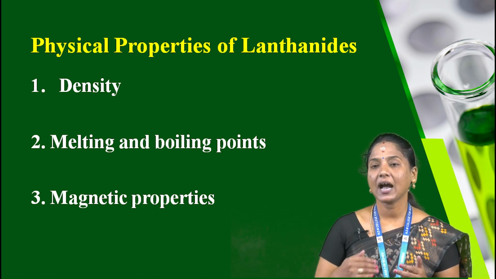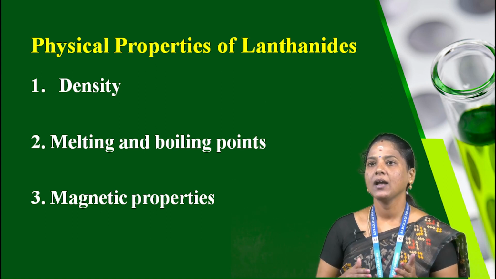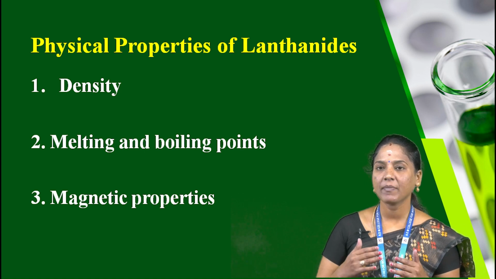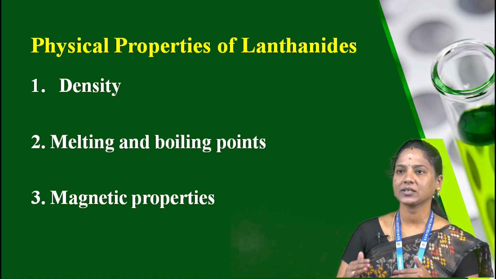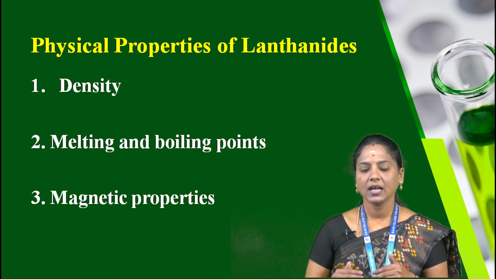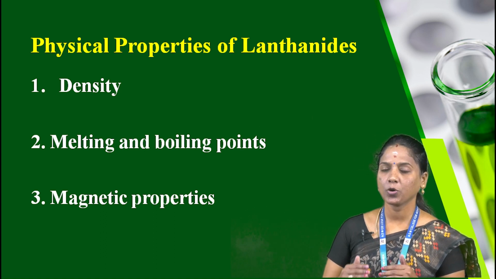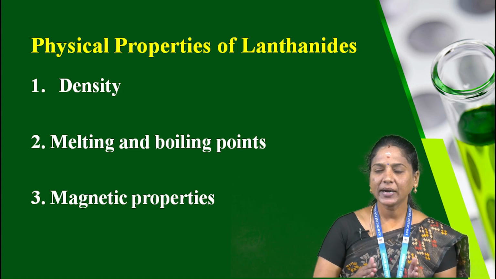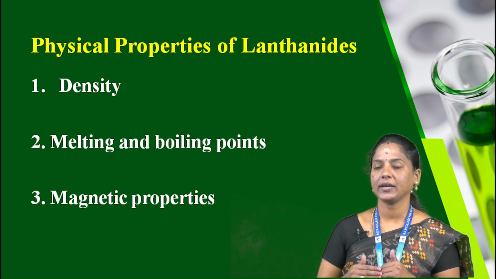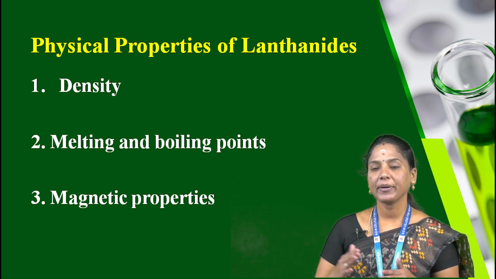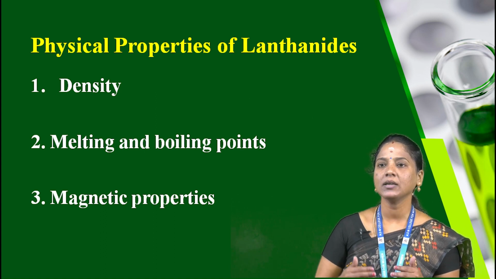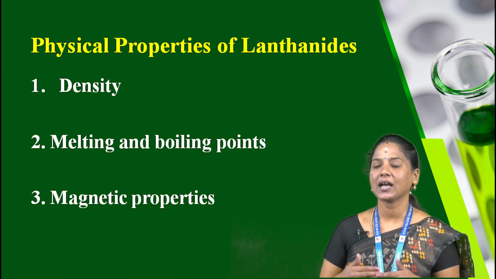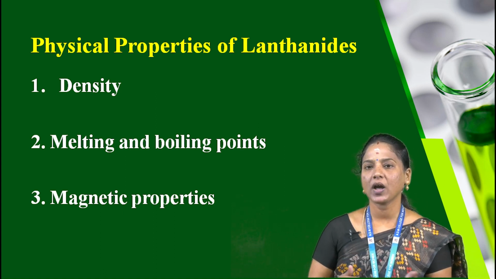The lanthanide atoms and ions other than the f0 and f14 types are paramagnetic in nature due to unpaired electrons in the f orbitals. Hence, lanthanum 3+, ytterbium 2+, and cerium 4+ are diamagnetic. Unpaired electrons contribute to the orbital magnetic moment and the spin magnetic moment. The orbital angular momentum and the spin magnetic moment of the electrons are taken into account for calculating